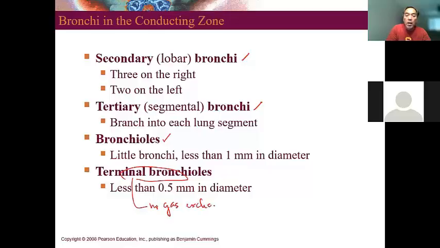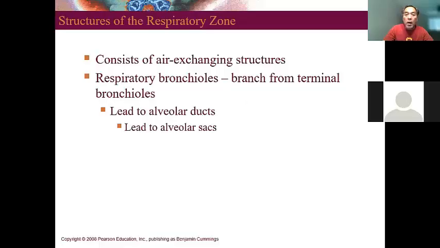Okay. Because the walls are so thick that gas cannot diffuse in and out of the walls. Because remember, what's around the walls of the bronchioles are blood vessels. Okay, so terminal bronchioles is the conduction zone, and then after that it becomes the respiratory bronchioles, and the respiratory bronchioles